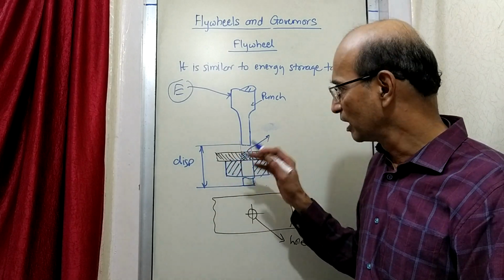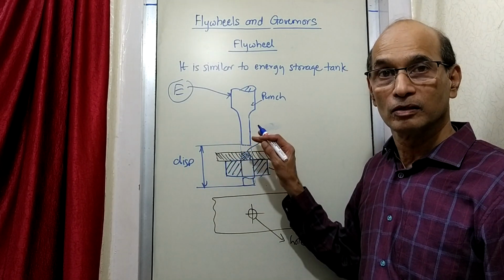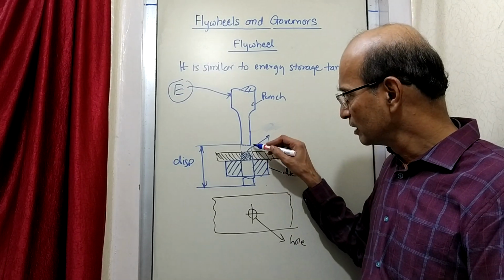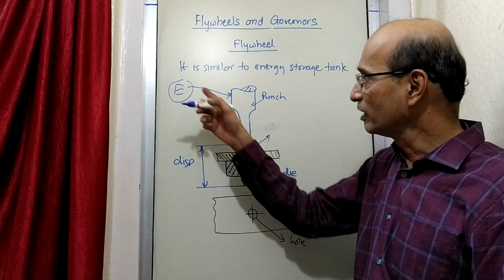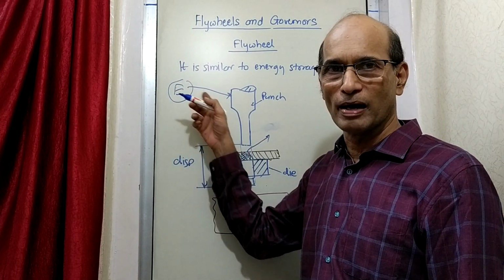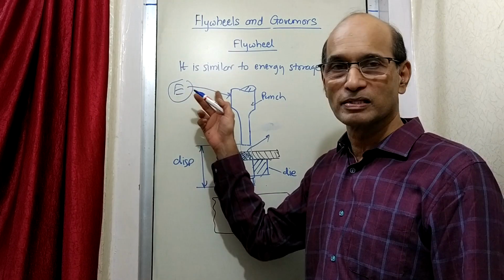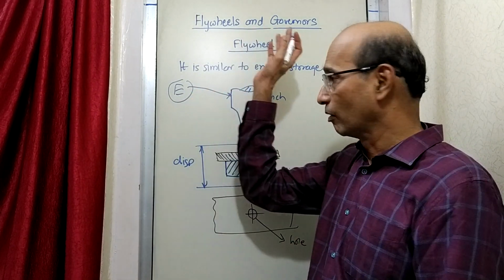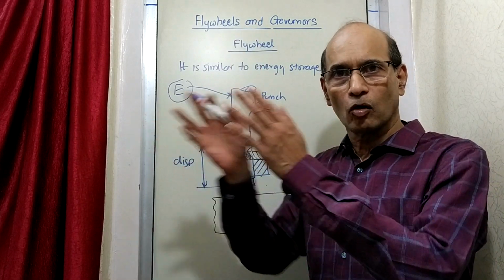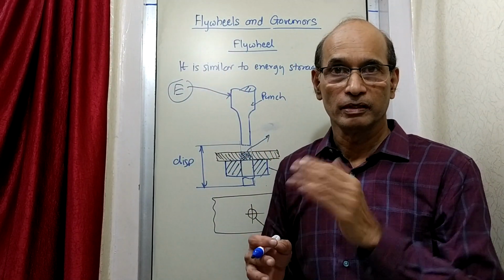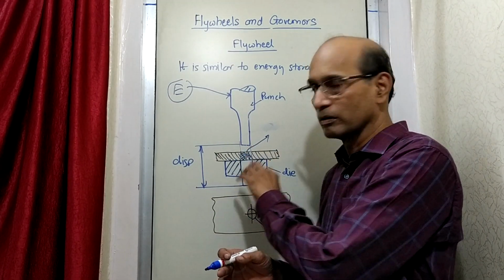Okay, that means here the load requirement is not constant. It is changing, it is very high here, otherwise it is very less. Now what is this supply doing? The energy supply, that means whichever device is here, what is that device doing? It is supplying constant energy. It is not adjusting just like a governor. It is giving constant energy all the time, but the requirement is different. At this point it is more, the rest of the time it is less.